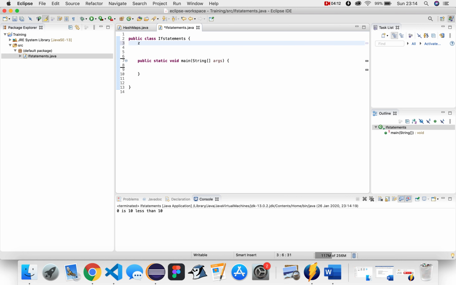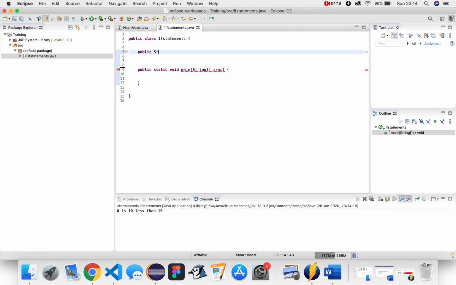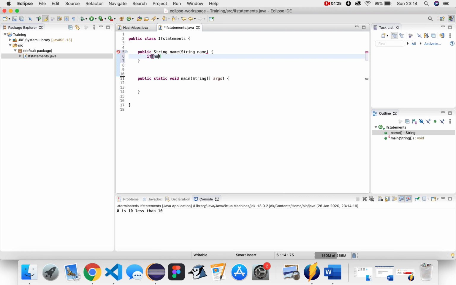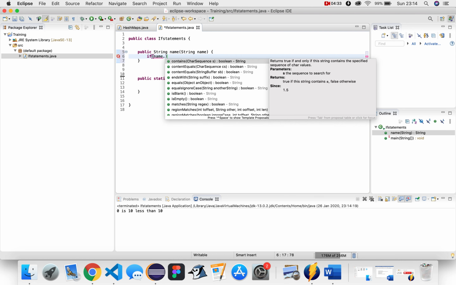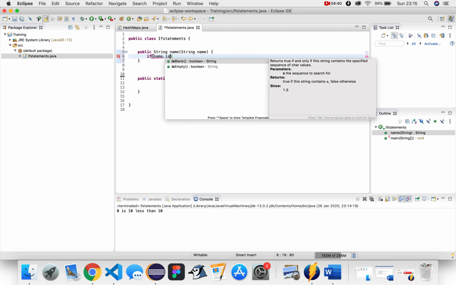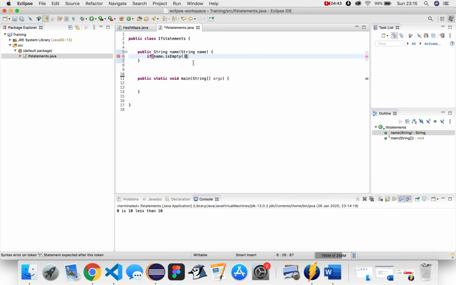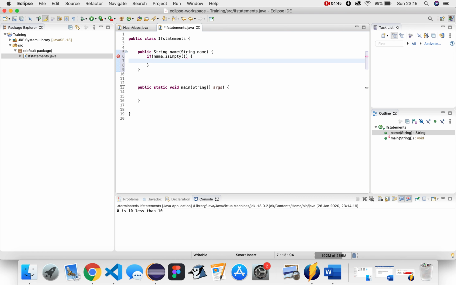So let's do public string name. String name if name dot equals. Here you can do a lot of different if statements when it comes to strings. Contains, equals, ends with, is blank, is empty. We'll do a few here actually. So is empty. If name is empty, then